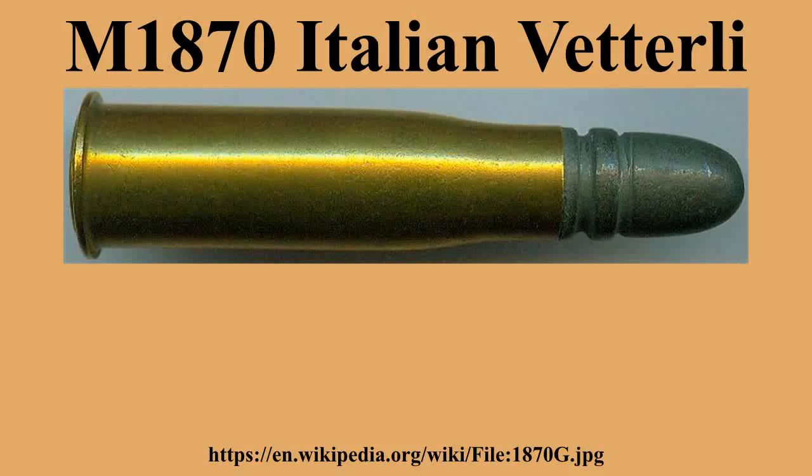M1870 10.4mm Fucile di Fanteria Modello 1870 Vetterli-Vitali. In 1887, the Italian army began converting the M1870 to a 4-shot repeating rifle, based on the system designed by Italian artillery captain G. Vitali. This conversion added a box magazine fed from a Swiss-style fabricated steel and wood stripper clip holding 4 cartridges, in the same caliber